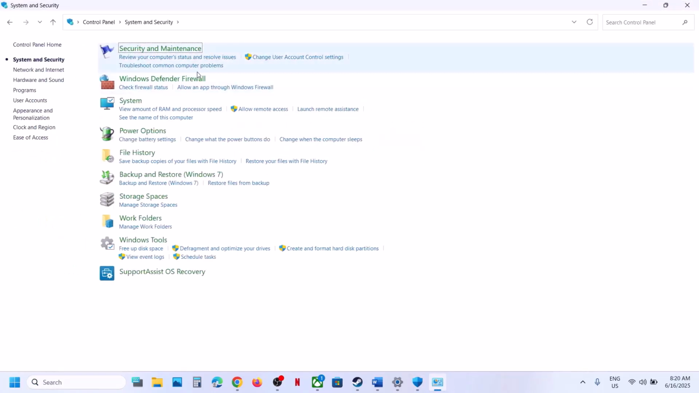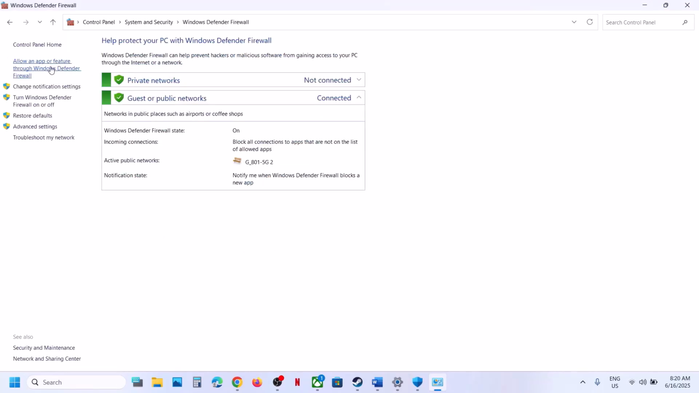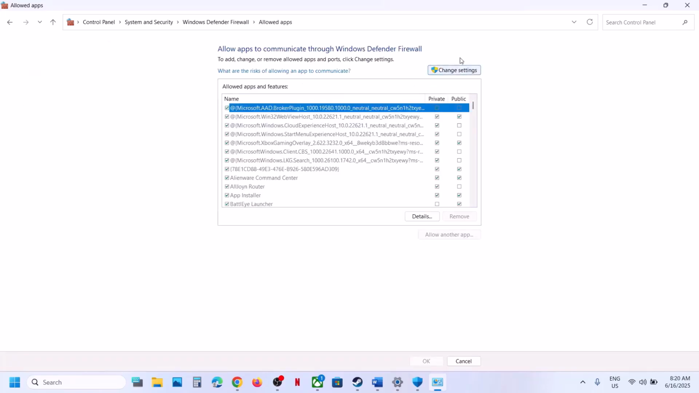Now type in control panel in Windows search box, go to control panel, go to system and security, Windows Defender firewall, and then click on allow an app or feature through Windows Defender firewall, and then click on change settings at the top. Now click on change settings over here, and then click on allow another app,